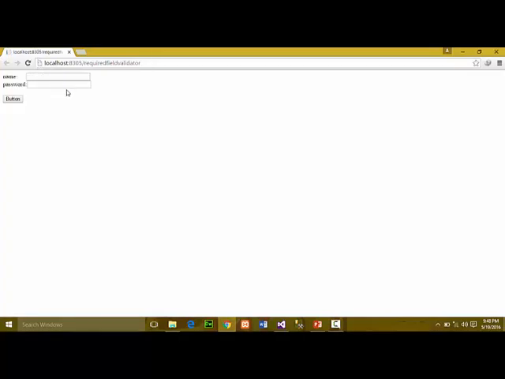So first of all, I do not enter anything in both of these fields and click on the submit button. If you click on the button, then you see an error message